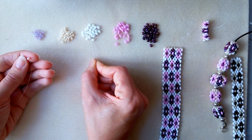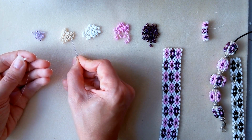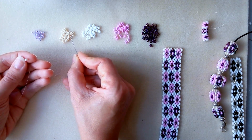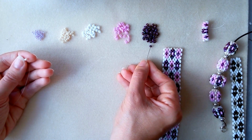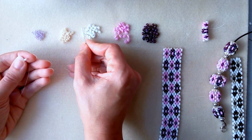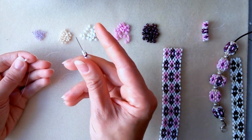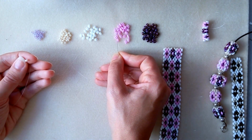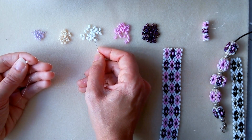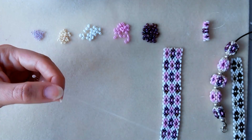So I'm taking a white one and an 8O. Then I'm taking a pink one and another 8O. Then again take white and then take pink. Then take rainbow and 8O. Then again splitter and 8O. Then again pink and 8O, and then again the splitter color. And I'm going to slide them down